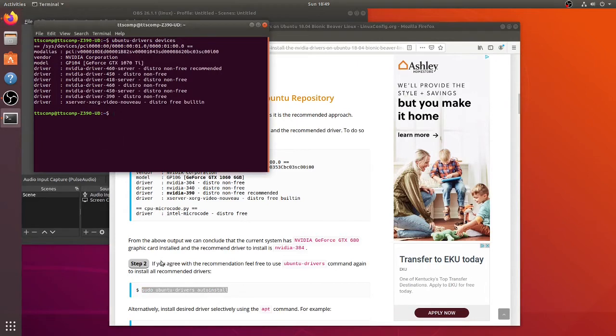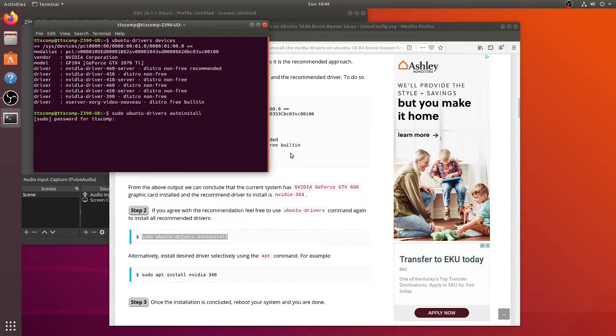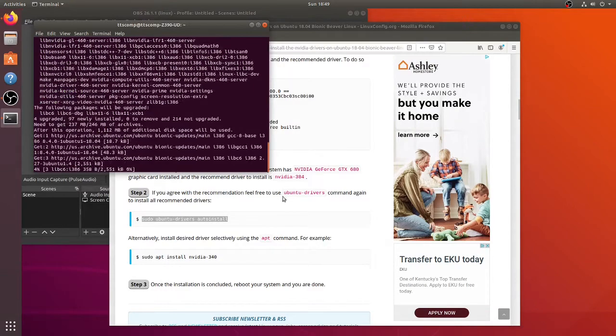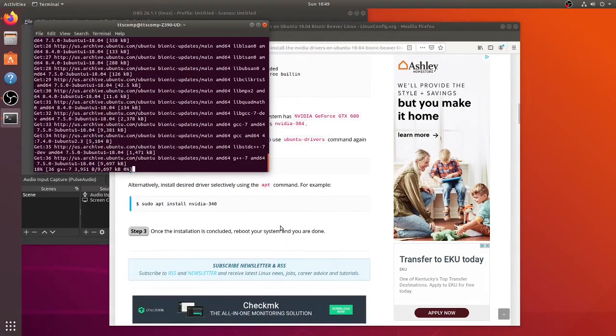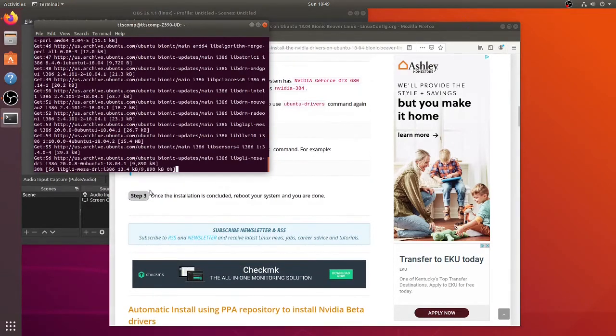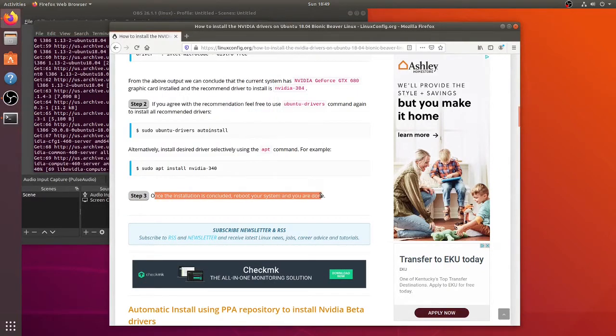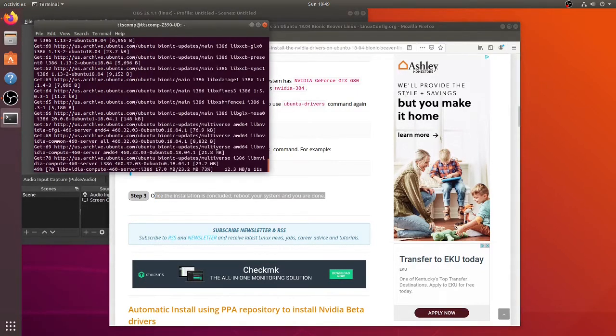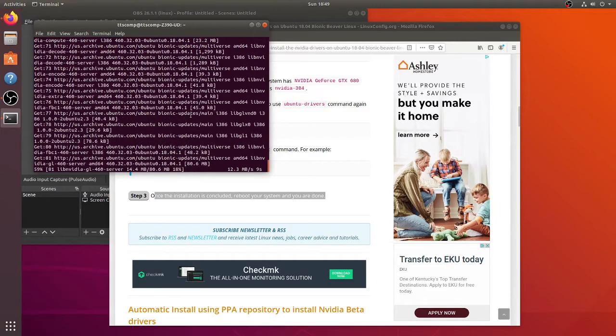So I'll do the auto install for this driver, and then it will install this. After it's installed, we need to reboot the system. So I'm going to reboot the system after this is installed,